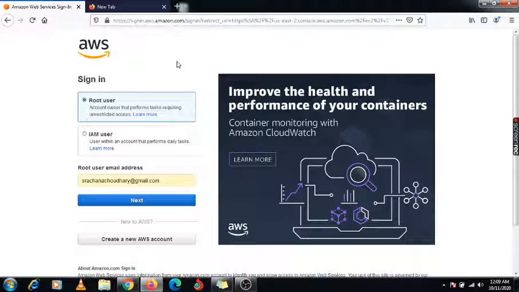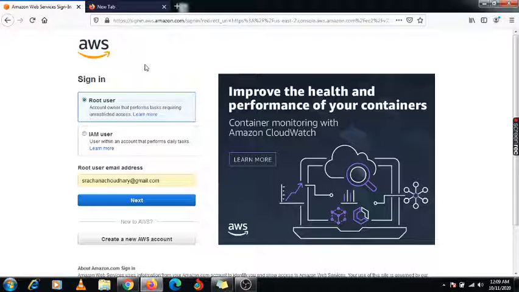Myself Ganesh. Today we are talking about this concept, that is Identity Access Management, that is nothing but IAM user. When you are able to log in on the sign in screen of the AWS management console, there are two options for the sign in. One is the root user and the second one is the IAM user. So basically today we are doing this lab for the IAM user, so how we can create the user under this root user.